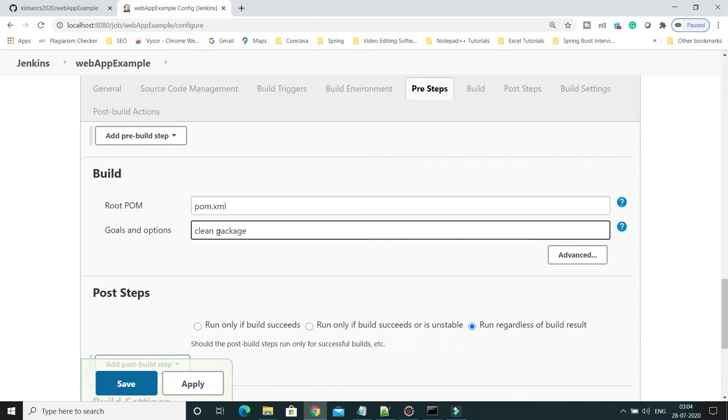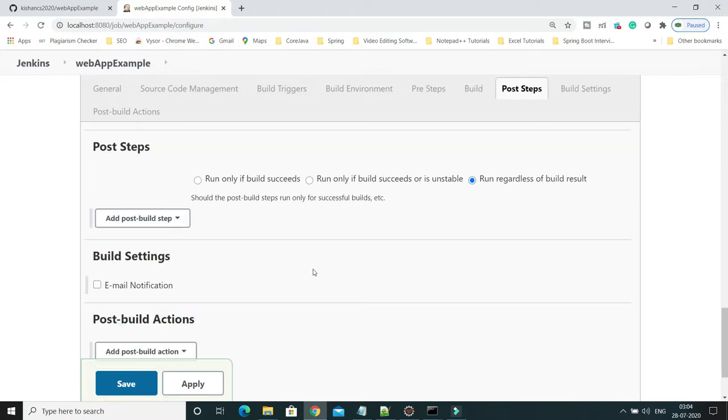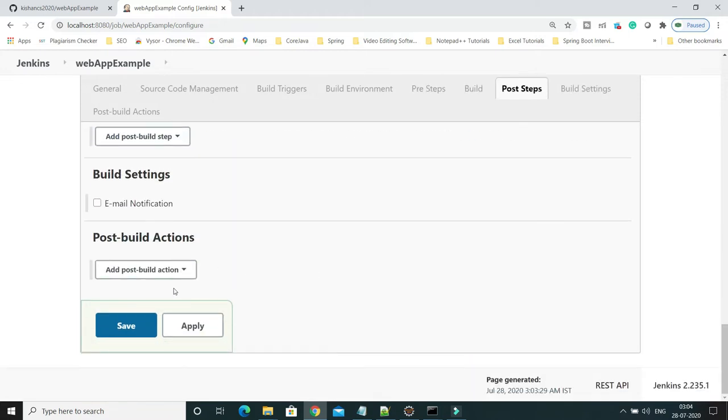Clean will delete any pre-existing distribution files; if an old war file was created there, it will be deleted, and package will repackage it and generate the new war file. Those are the Maven goals.